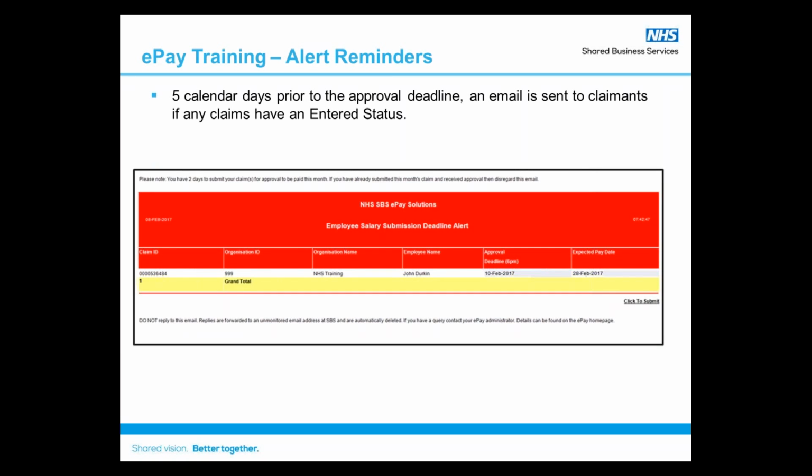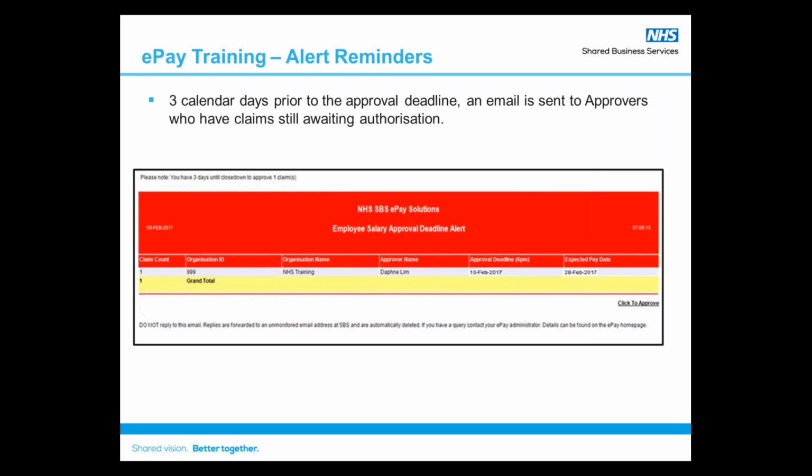When your approval deadline is approaching, 5 calendar days before it comes, which means including weekends, an email is sent to claimants if they have any claims with an entered status. So it's up to you whether you do act on these, but it's there to help, obviously. It's saying you've got 2 days to submit the claim to hopefully have it approved for this month, and the reason that we say 2 days is because 3 calendar days, again including weekends, before the approval deadline hits, the approvers will get an email asking them to approve any claims that are with them for approval. So it's just there